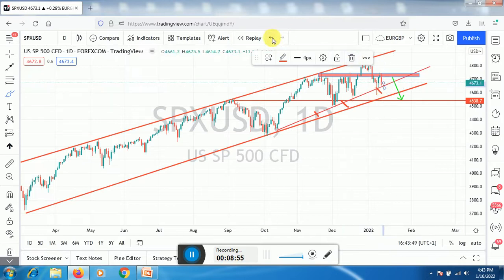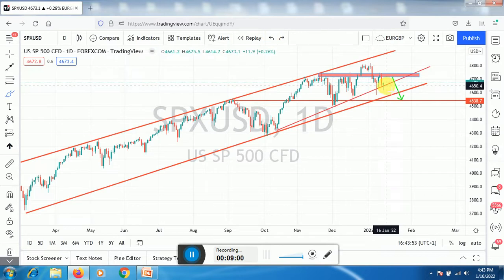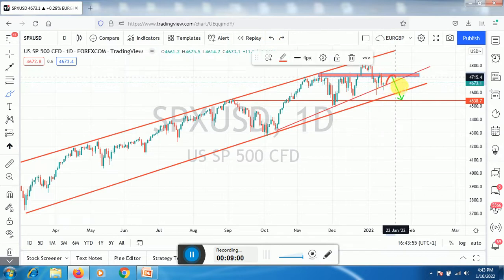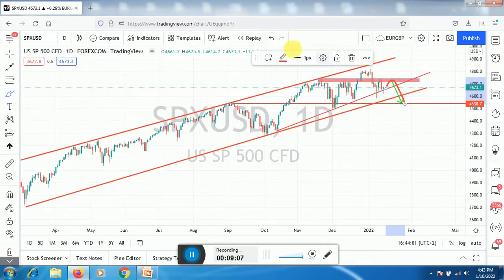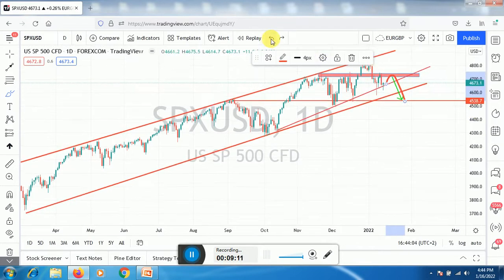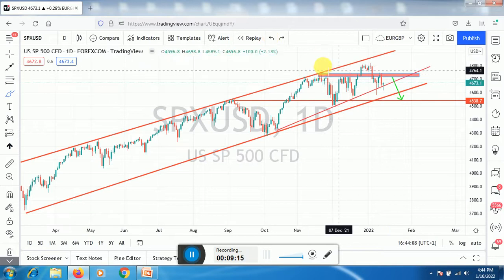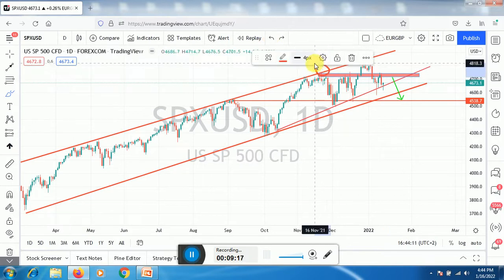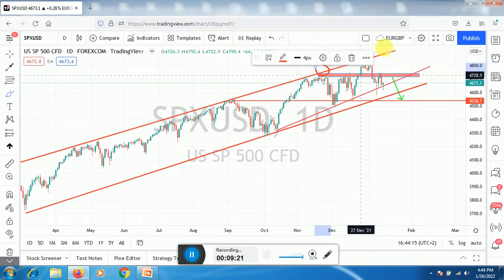So what might happen is that price might go higher to the zone again, and then it may start going down, coming back to the 45.38 hundreds level. That is just an analysis that I'm seeing, because I think it might be a completion of the head and shoulder that is right here. So this is the left shoulder, right here is the head, and then right here is the right shoulder.